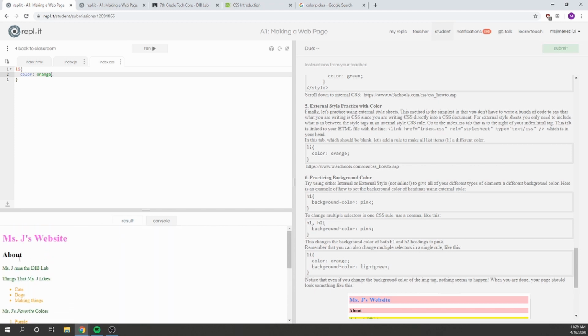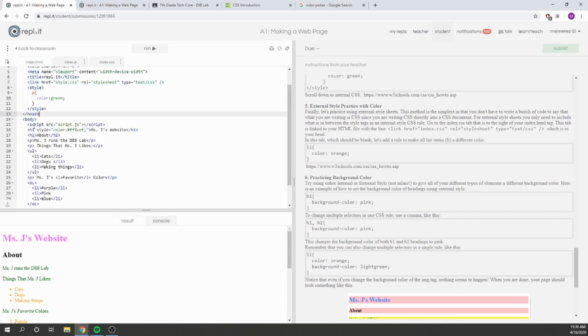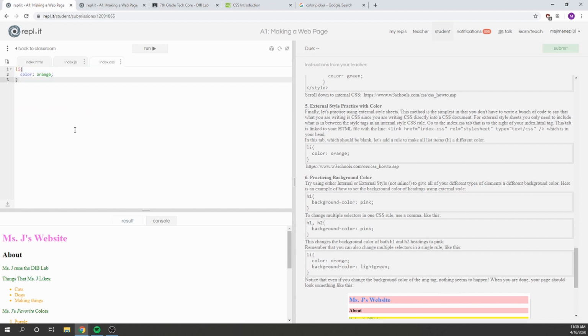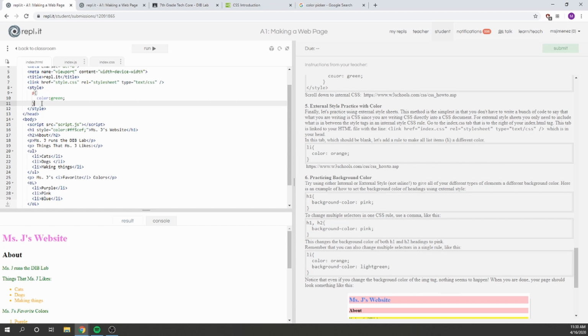Okay. The next thing I want to talk to you about is the cascading part of cascading style sheets. So now we've practiced, we have our inline style right here, we have our internal style right here, and we have our external style. But something you might be asking is, what happens if I have all 3 of those for the same thing? So let's start with our list item. So right now, li is set to the color orange. Let's go back over here into our internal style